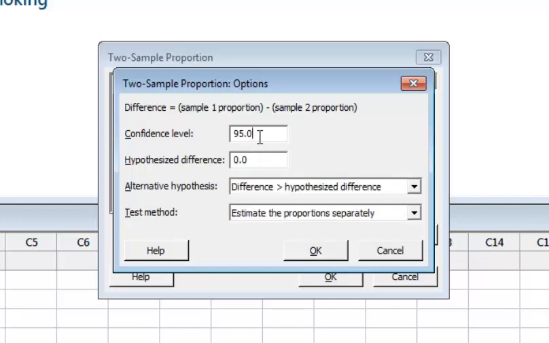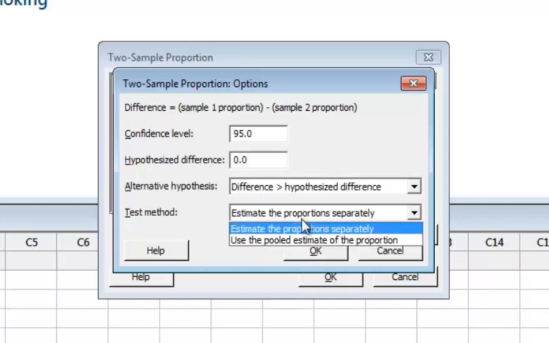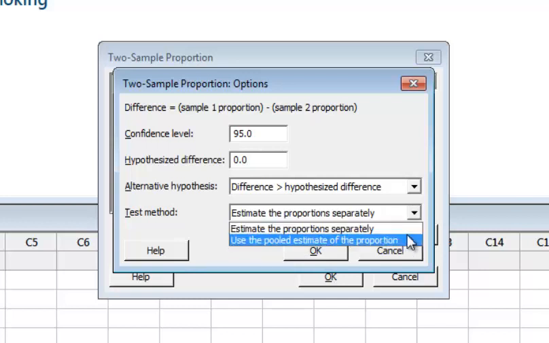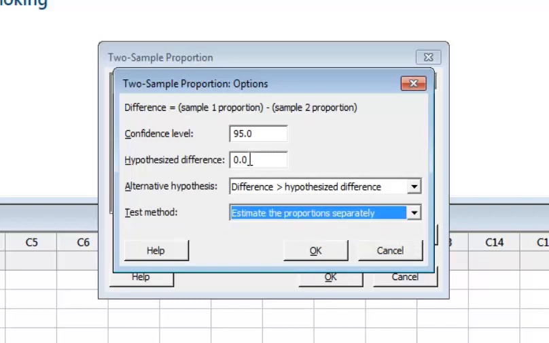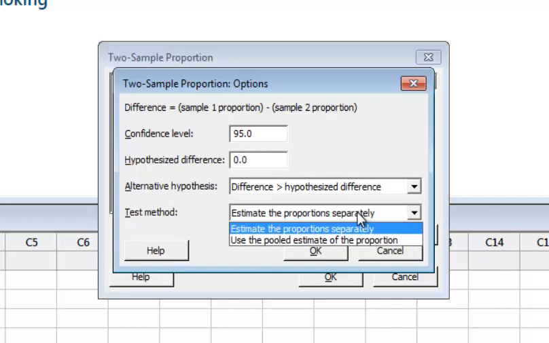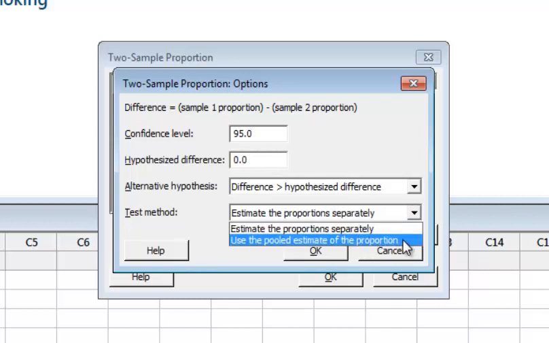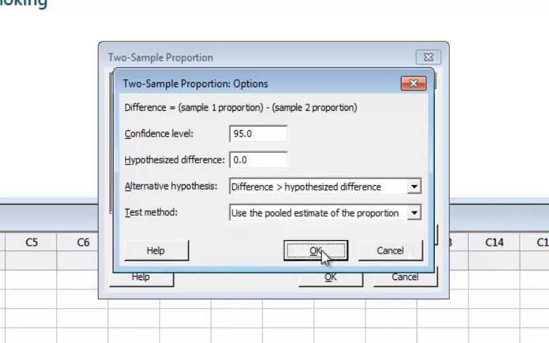Confidence level, well, if you have taken your alpha as 5%, your confidence level will be 95%. Hypothesis difference will be 0 here, and here you can use two different methods: estimate the proportions separately or use the pooled estimate for proportion. So if your hypothesis difference is 0 here, you will use the method of pooled estimation for proportion. Click here and then click OK.